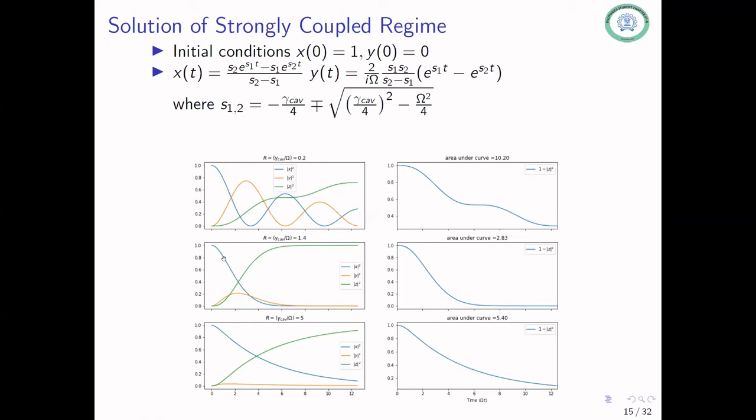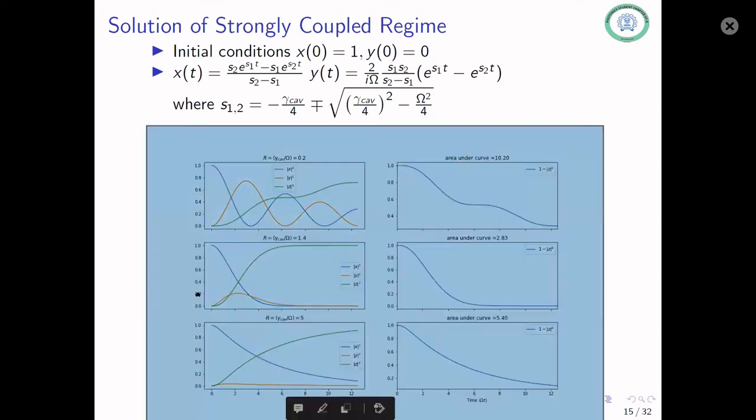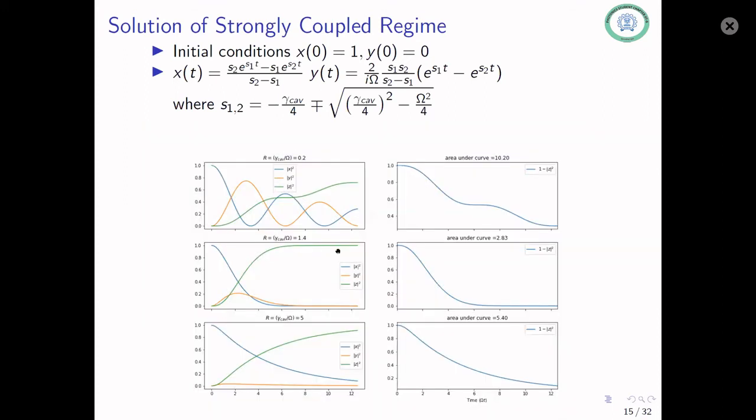On the other hand, you can also look at this case where they are kind of balanced. The value is 1.4. We'll come to the significance of this value slightly later. But what you can see is that your state decays immediately. There's a probability that you're having a photon inside the cavity for some time, and then that also dies out, and your probability outside just increases.